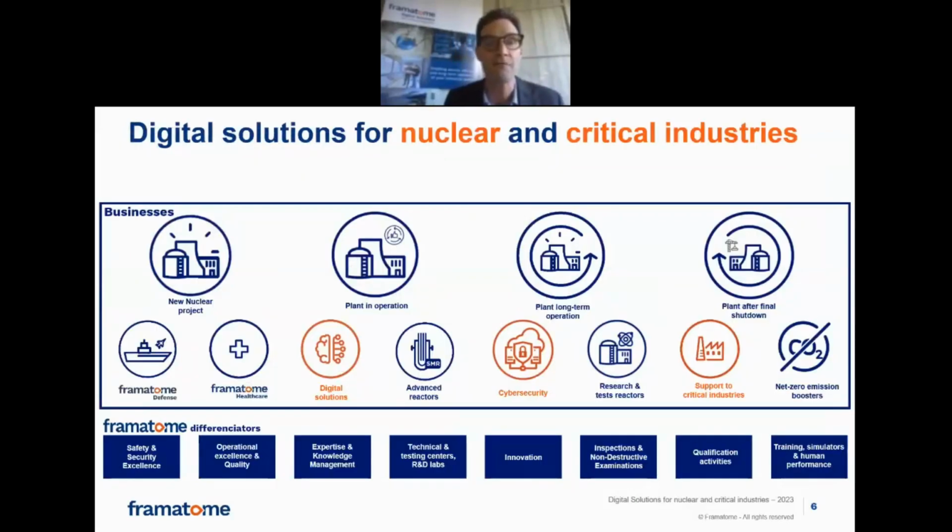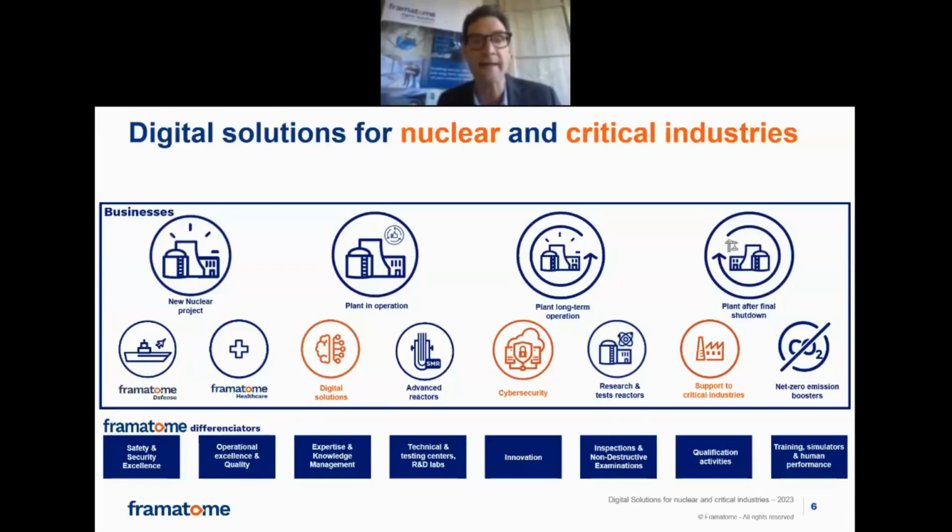Very brief intro for those of you in the audience who may not know Framatome very well. Most of you in the audience are likely to know Framatome already quite well. So we are a world leader in the design, manufacturing, and maintenance of nuclear reactors, often referred to as NSSS, which is the component where we focus largely on, as well as associated fuel supplies, so fuel from engineering to manufacturing and to operations as well.